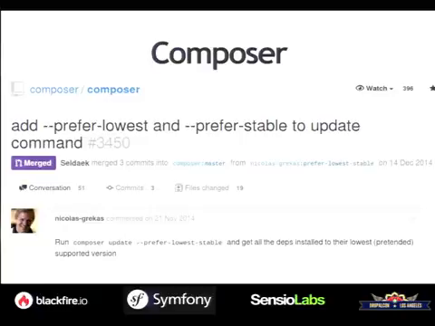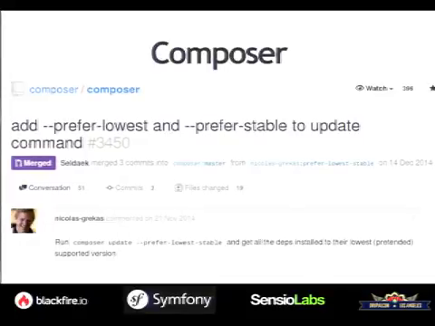So we added 2 new flags to Composer to make it work, prefer lowest and prefer stable. That way we can say whenever we are running the test, we are running the test for the lowest stable version, but also for the latest version that is not necessarily stable, right?